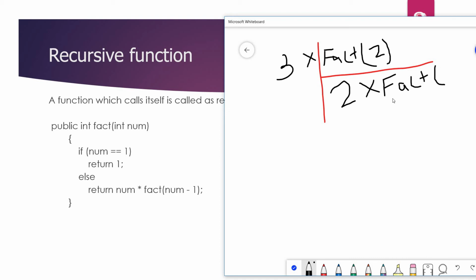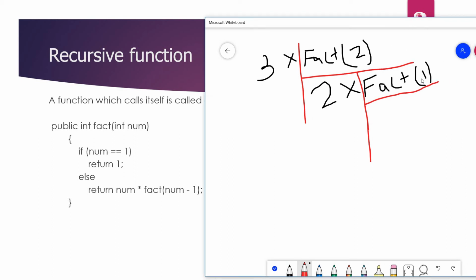Num is 2 currently, so 2 minus 1, which is 1, right? So as and when it calls this function, it will not return and it will just go inside the fact once again by passing the value 1. Okay, so this time num got as 1. So we are processing this part now, correct?